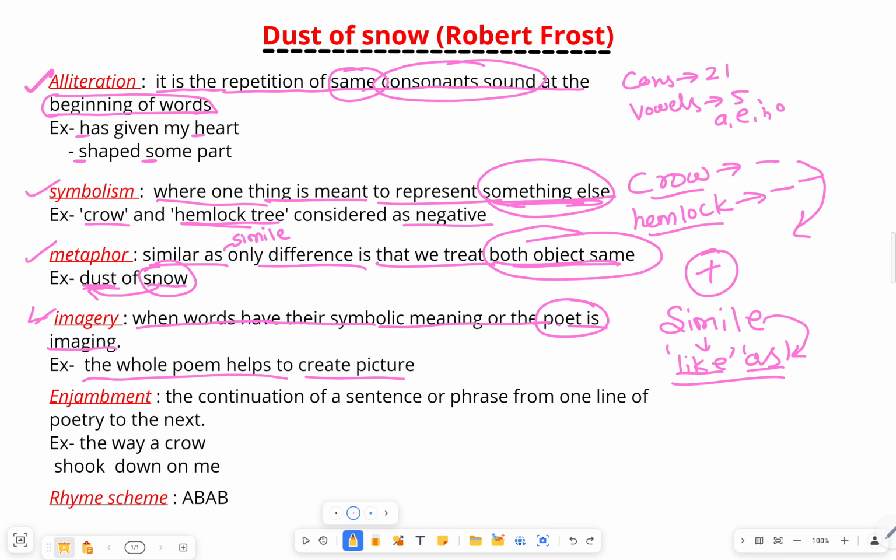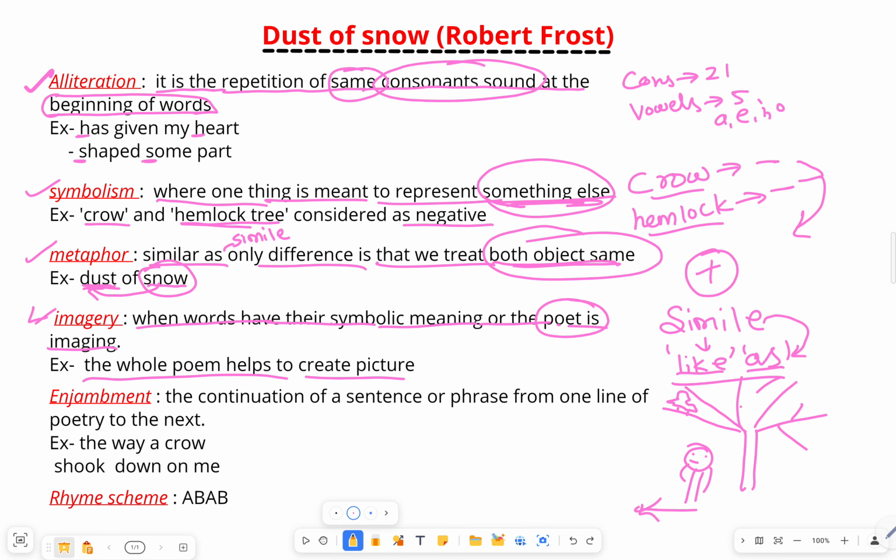There's a boy, or there's a poet whose name is Robert Frost. He's just passing under the hemlock tree. And there's a crow sitting over it. Okay, there's a crow sitting over it, and the poet is passing near it, and it just